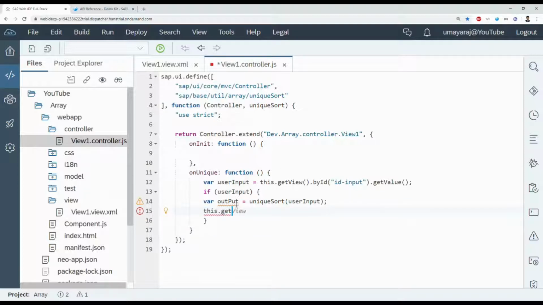So this.getView().byId("output").setText. Okay, now